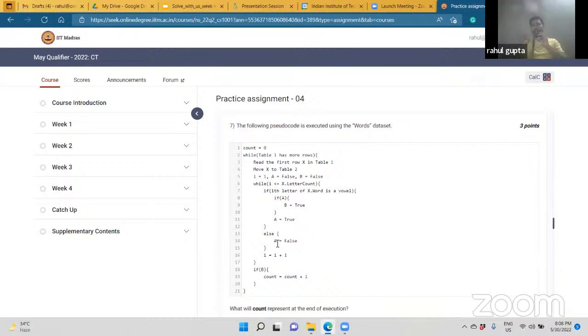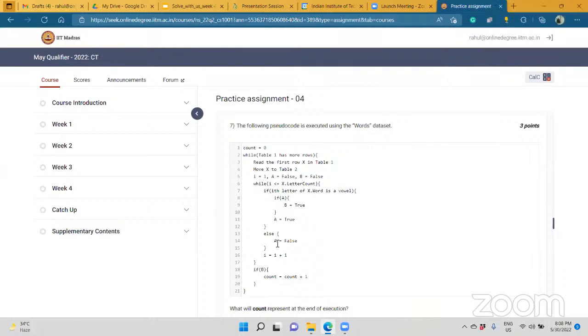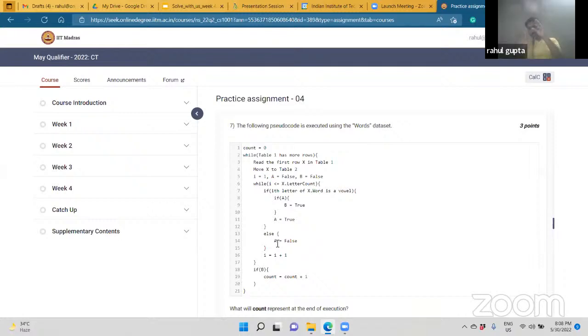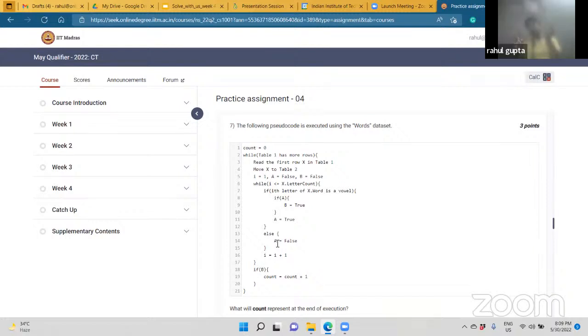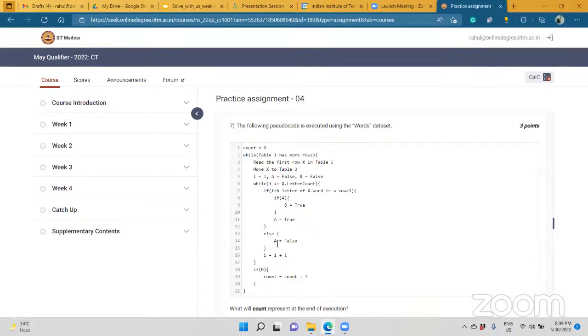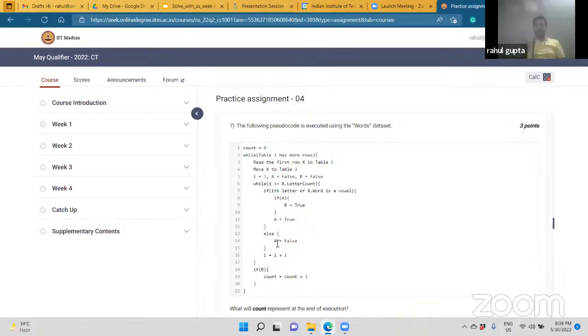Suppose take one random word, OUL. Okay, so o is true. For u, a is still true. You will go to the first if part, right? Because it is a vowel. Yes. Second part because a is still true. B is true. It did not happen for orange, right? Yes, it did not happen. That's so simple. Try to take a word the way you took it now. This is the best way to practice.